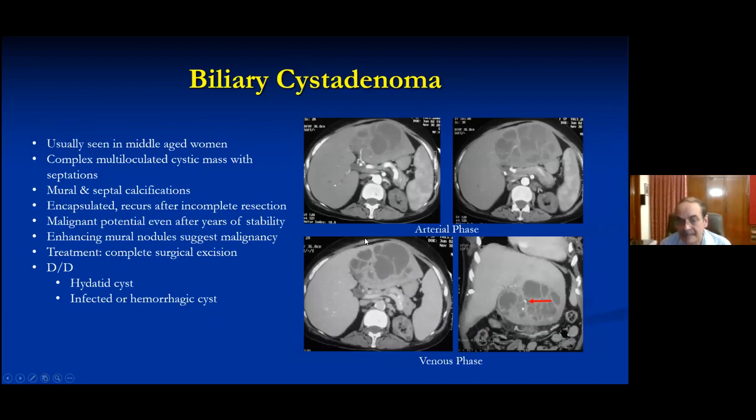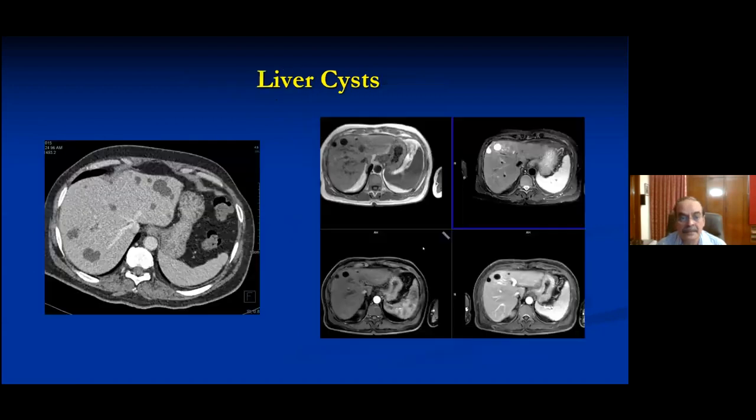And we would always keep that differential diagnosis, with a few features which help you to distinguish this from a common garden variety of hydatid. Remember, hydatids typically show daughter cysts in the periphery. They do show septae, but usually the septae will not show calcification. In the Western population, when they see a lesion like this, they only think of the possibility of a biliary cyst adenoma. But it's important to remember that in our country, hydatid cyst can very closely mimic the appearance of